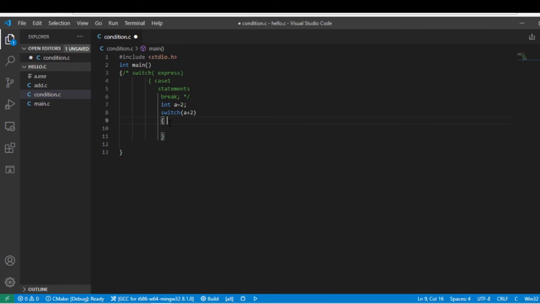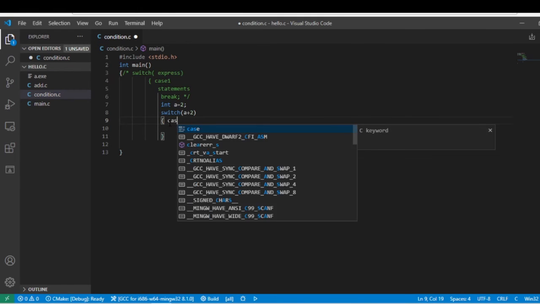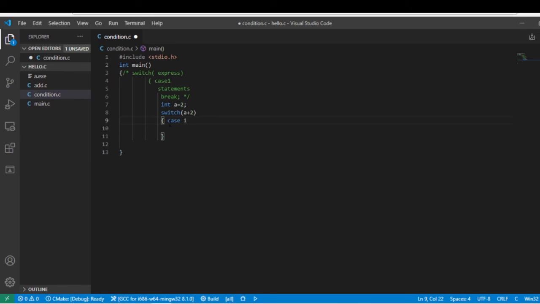Write here case first, then colon. Let us not forget to write the colon. Case first, after writing your colon, in this case first you write your statement. What is the statement?